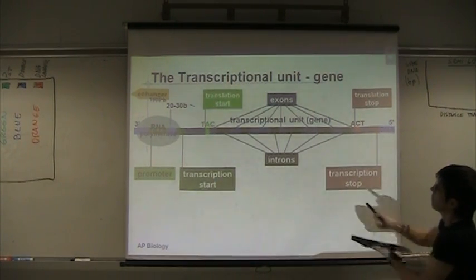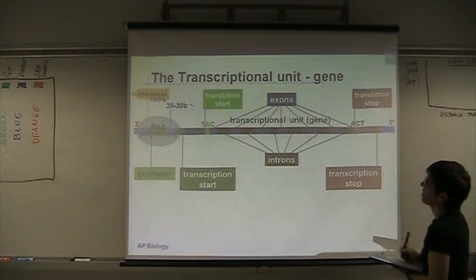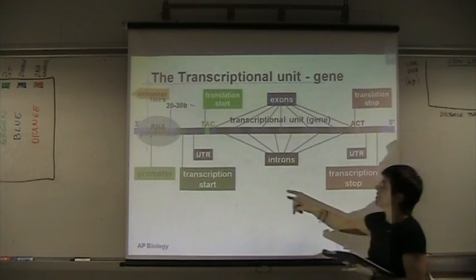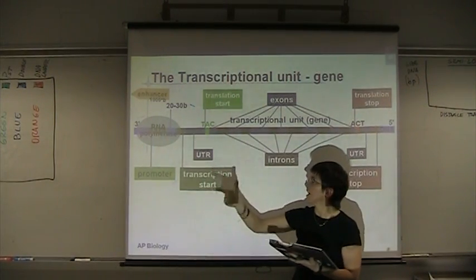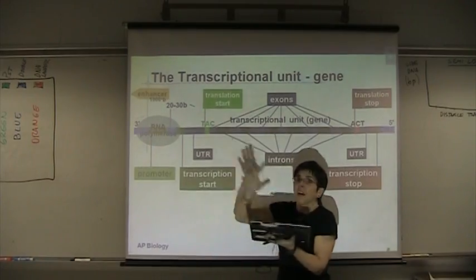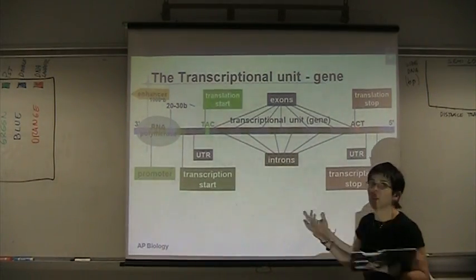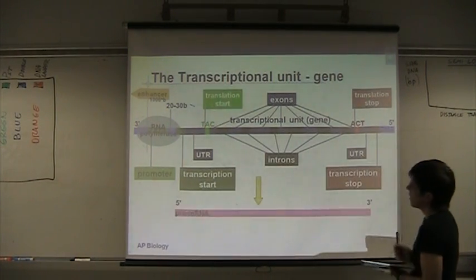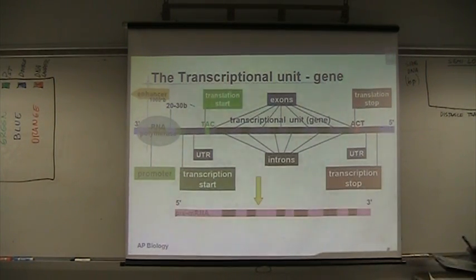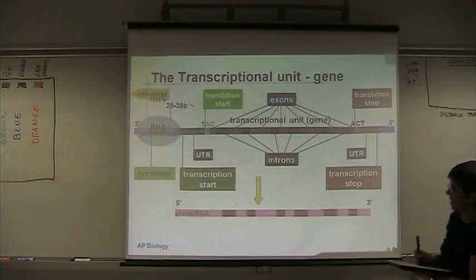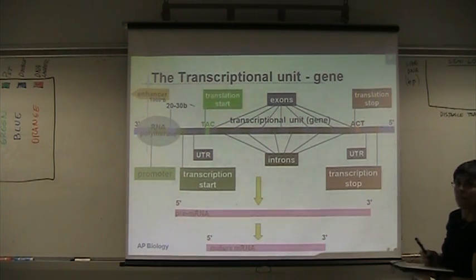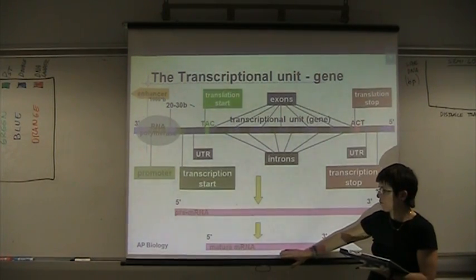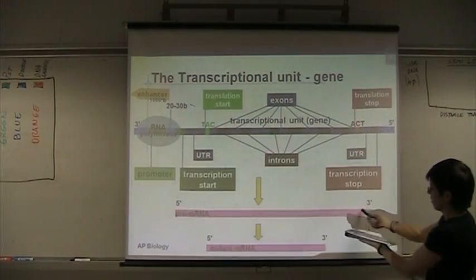What happens here now? We still have our introns and exons in the messenger RNA. Ready? Oops. Not yet. UTR, fancy name for untranslated regions. Basically, a sequence of nitrogen bases that does not code for an amino acid. So now we have our pre-mRNA ready to go with introns and exons. Ready, set. You see that? Shoops! The introns get out, and finally we have our mature messenger RNA that is smaller than the other one,